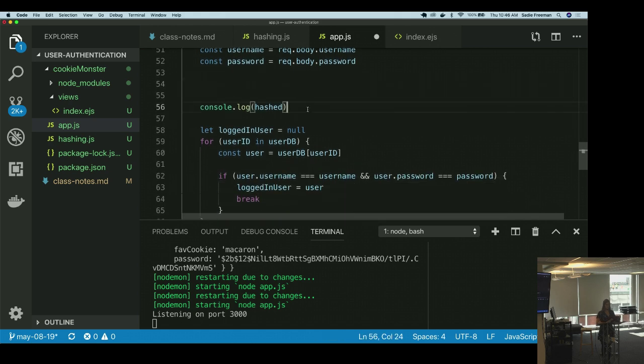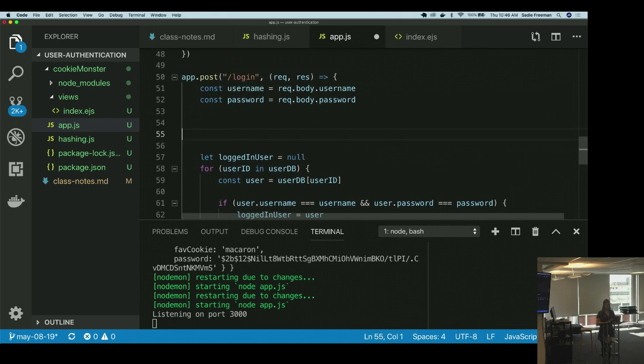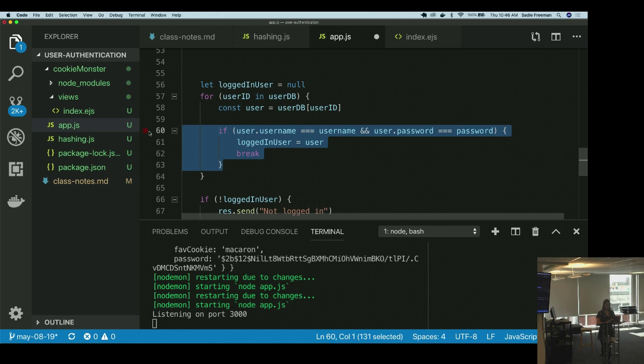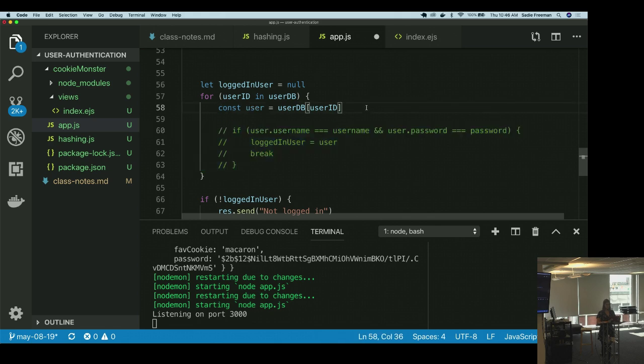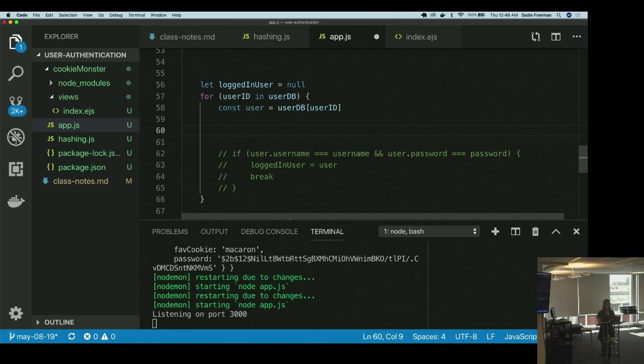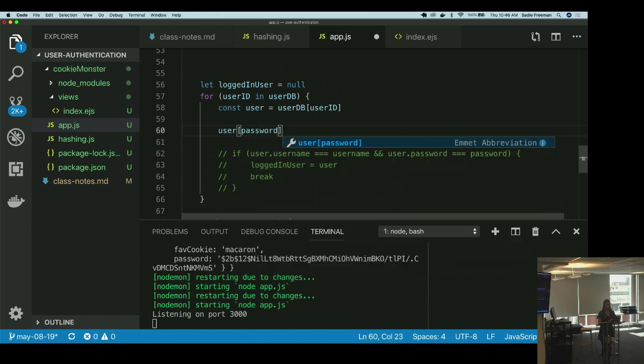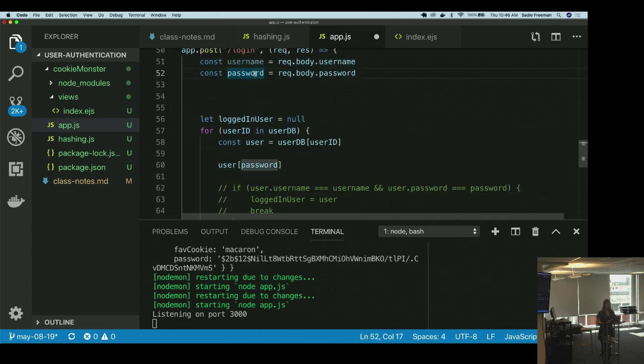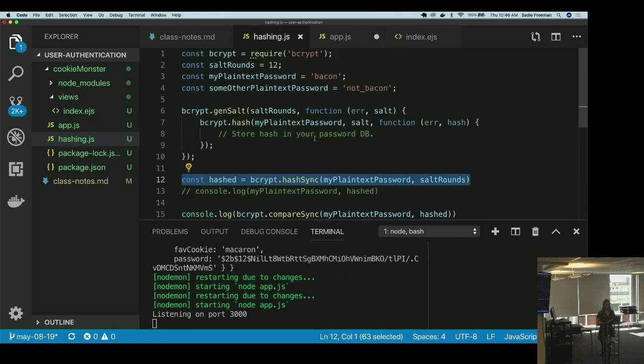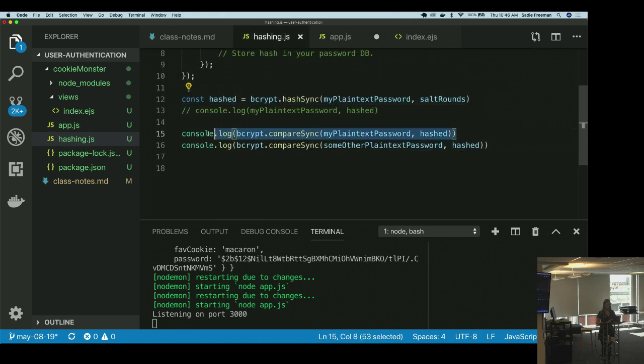So first things first, and actually we can do this in the logged in user. We're going to replace this verification. And so we have our user. And so user password is going to give us the password we want to compare to. And then we're going to compare password. So our algorithm for that is compareSync. Really we're working with bcrypt, and you're really just working with these two functions. You've got hashSync, which hashes the password, and compareSync, which compares the two. So compareSync,